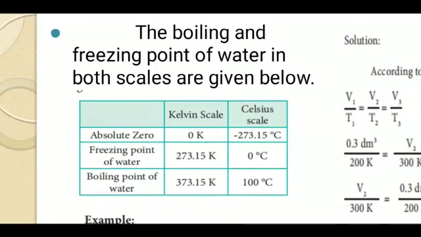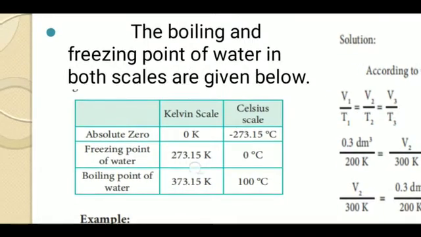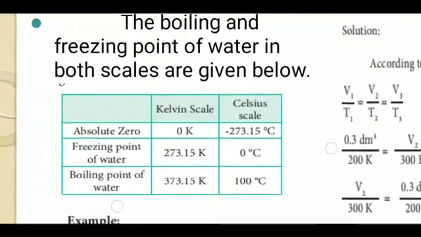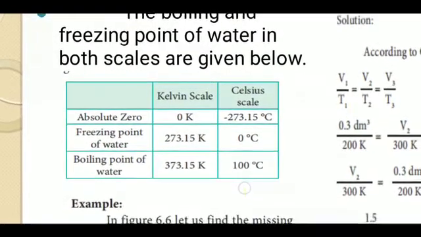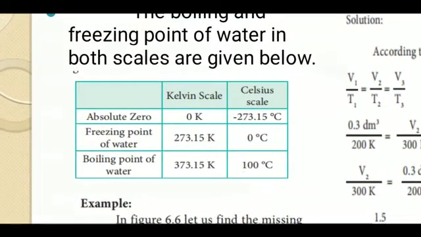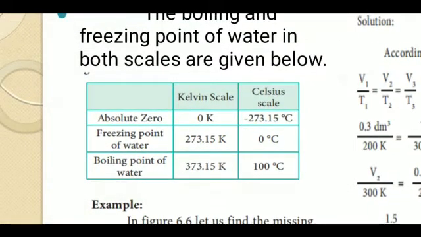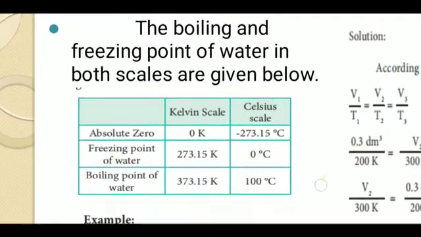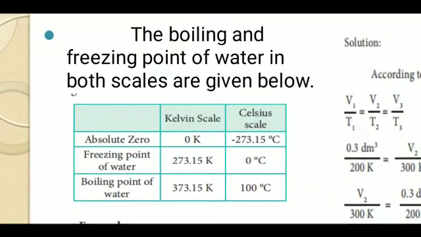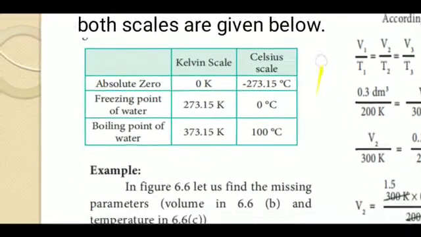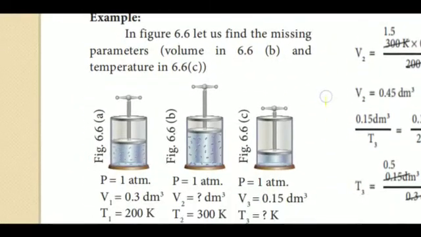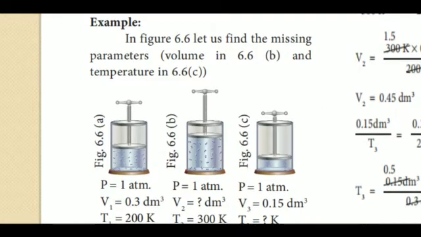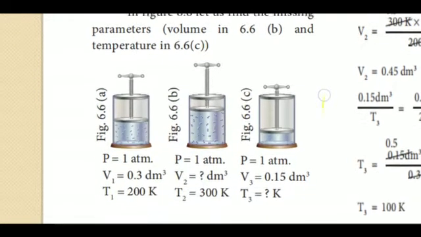The same in the Kelvin scale is 273.15 Kelvin. How do we convert degrees Celsius to Kelvin? By adding 273.15. The boiling point of water is 100 degrees Celsius. The same in the Kelvin scale is 373.15 Kelvin. The same way we are adding 273.15 Kelvin. Until now we discussed Charles law, now we are going to apply Charles law in calculating the